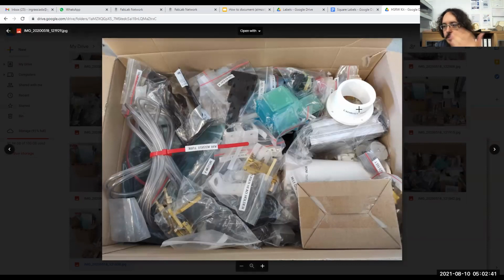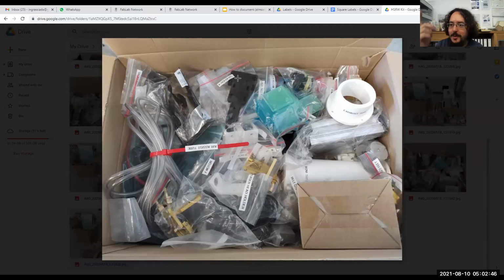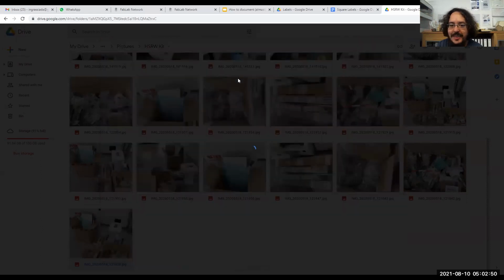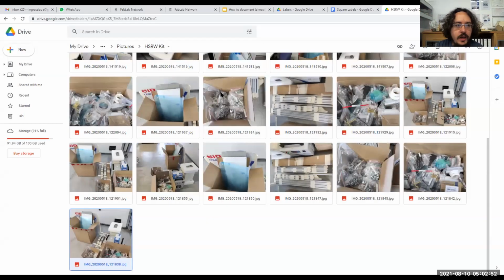Some are big parts, but some are labeled in a bag. So once you take the part out of the bag, what is this part? You're lost. And so we also have lots of